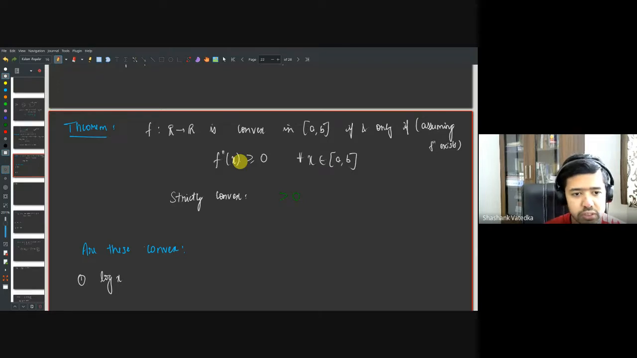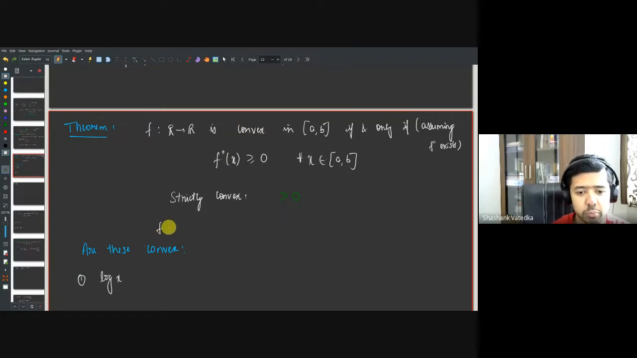So the function is strictly convex if the second derivative is strictly greater than 0 for all x in a comma b. Okay, but remember that this is a necessary and sufficient condition, assuming that the second derivative exists. So, for example, there could be a function for which the second derivative does not exist at all points, but it could still be convex. Okay, and similarly,